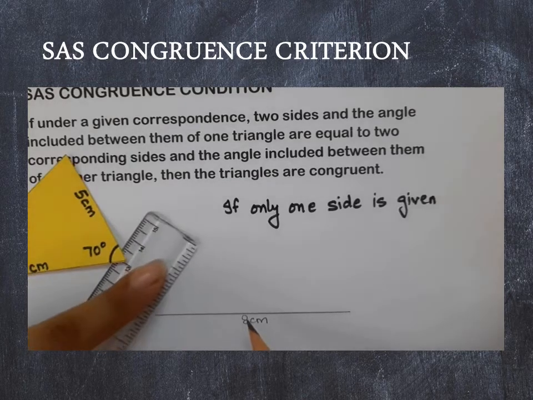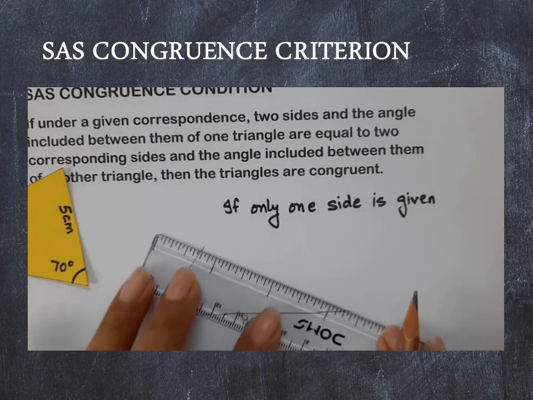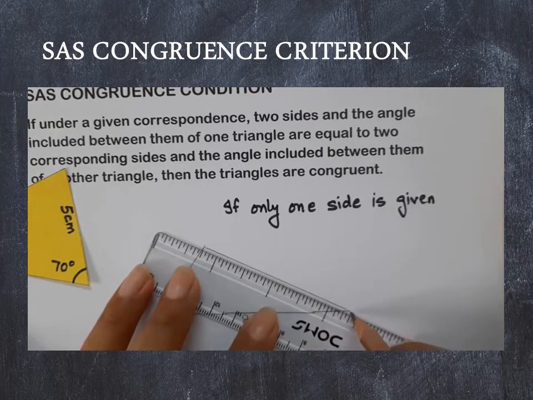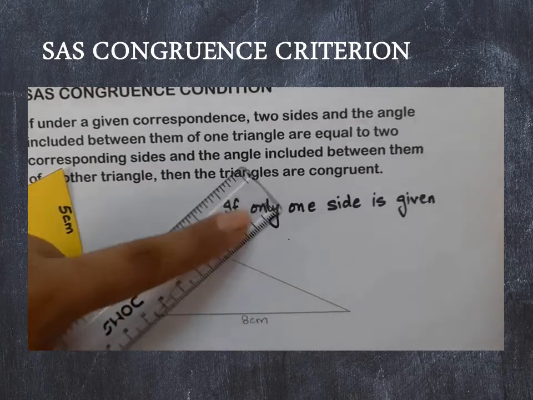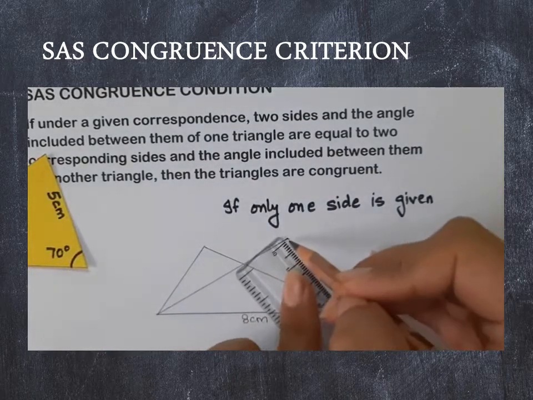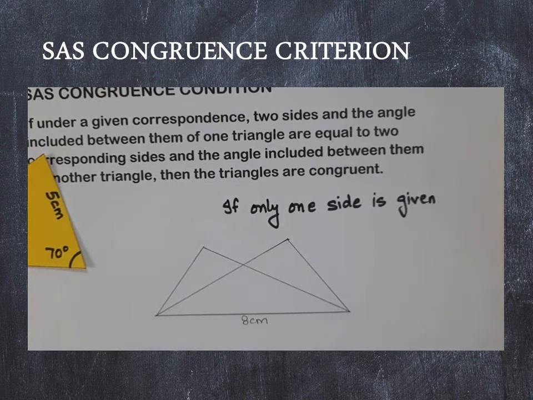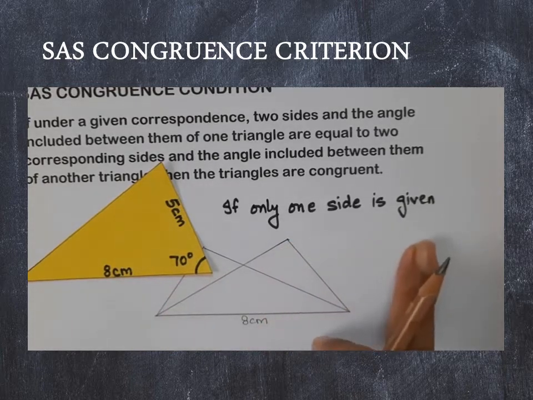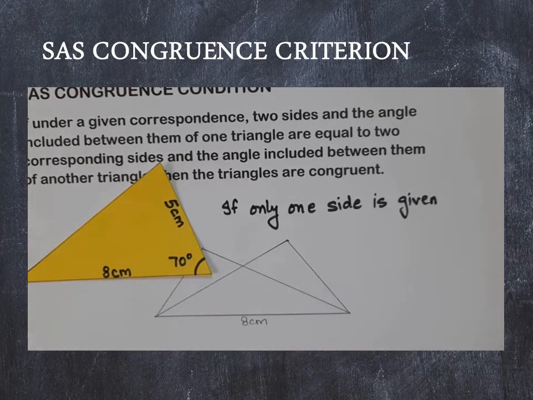No. As we discussed in the SSS case also, there are so many possibilities here. We can construct so many different triangles, because the third vertex can be taken on any different position now. There can be many, so I can decide that the third vertex is here. So I'll be getting a different triangle now. Until and unless the position of the third vertex is fixed, I will not be able to get a copy of this triangle. So when only one side is given, I will not be able to construct the copy of this triangle. That means the condition will be insufficient.